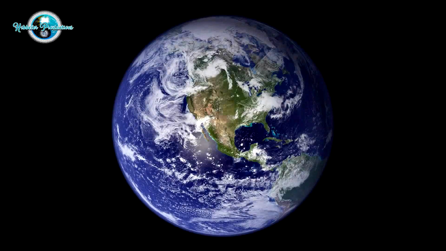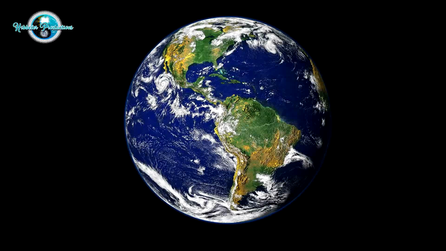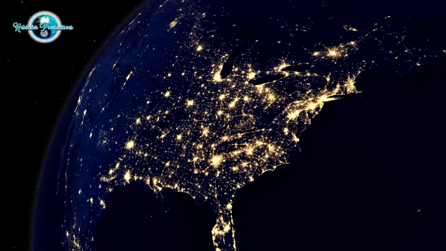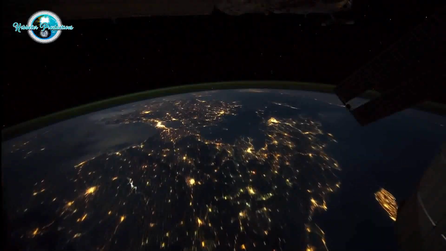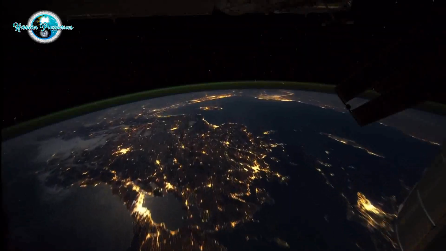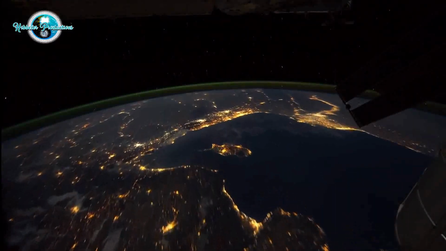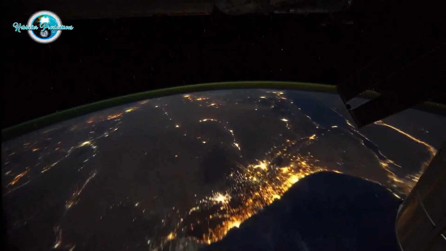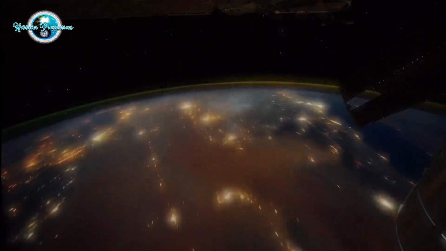Now, how come in all these ball pictures, man, you can see all the continents pretty much, and there's just a little bit of clouds here and there? Some of these pictures show the Earth at night and you can see all the lights and stuff. You're telling me the entire continent didn't have clouds? The entire fucking continent, like you can see Africa and all these lights. Like, if you turn on your porch light, I guess you can see it from space, apparently. And there's no clouds in some of these pictures.